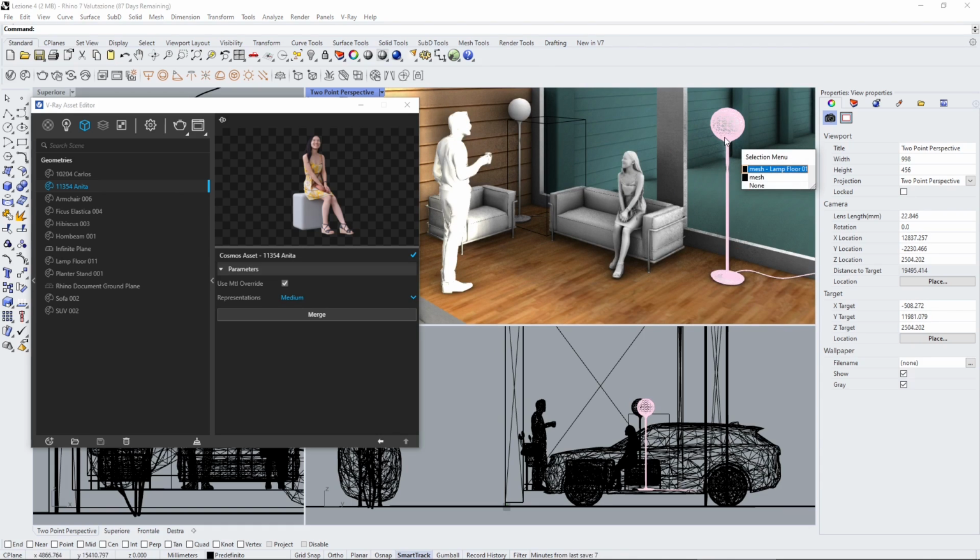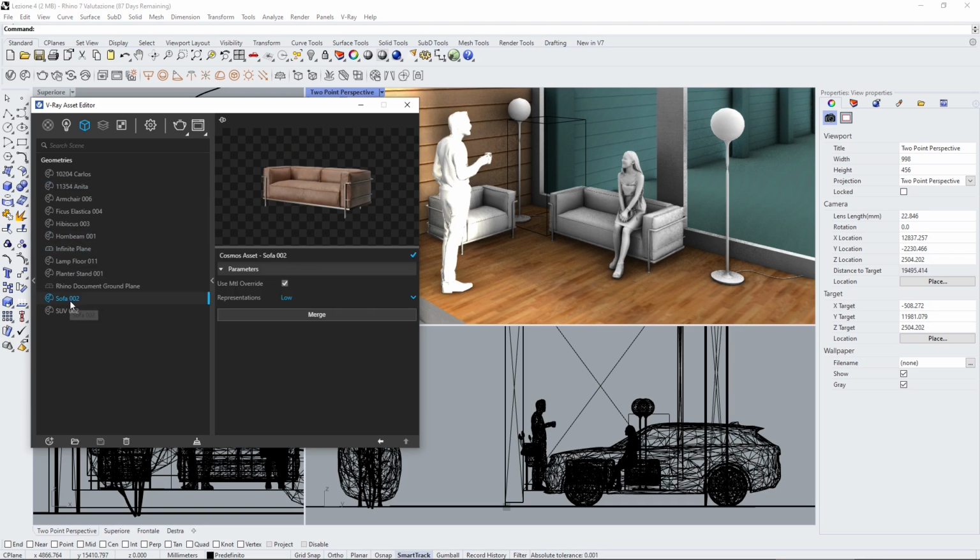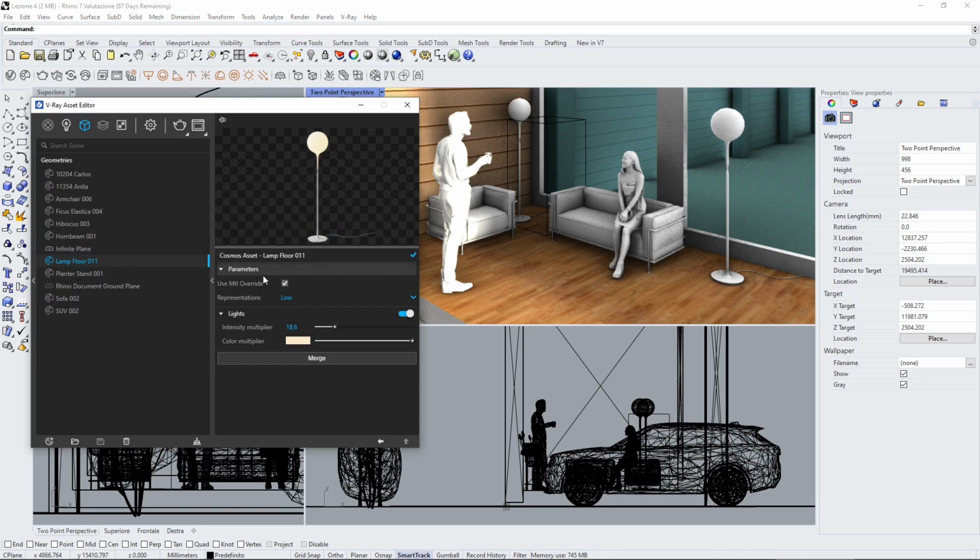Now also lamps are pretty interesting because in this case we can also change other parameters. So if I find my lamp in my list of objects that I have already imported, there it is, floor lamp. You can also change here the part concerning the lighting. So you can increase the intensity or decrease the intensity. And you can also change the color multiplier